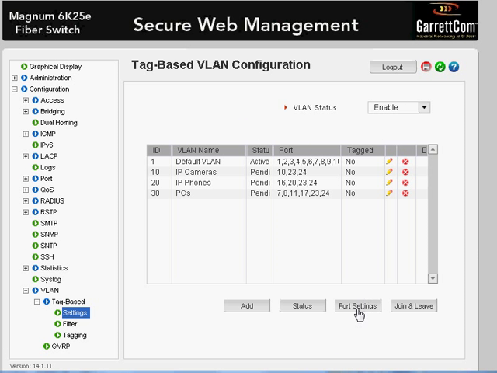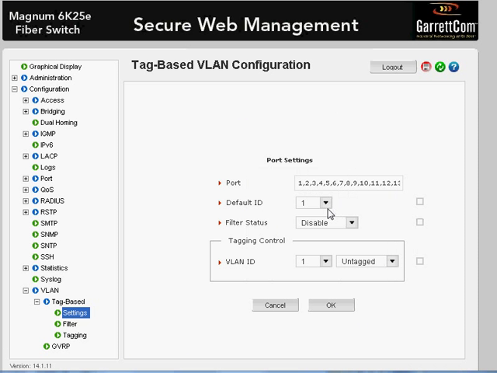We need to go back to port settings again, and here we need to type in 23 and 24, because we're configuring ports 23 and 24. We need to have a comma between each number, by the way, just to note that. We've already dealt with the default ID. We're going to leave this as 1 on ports 23 and 24, because